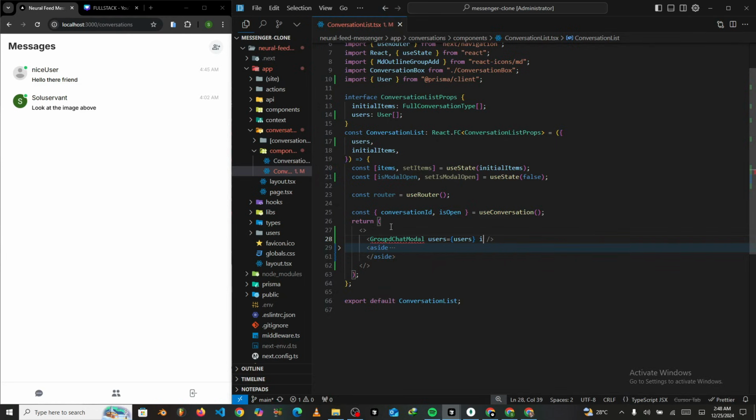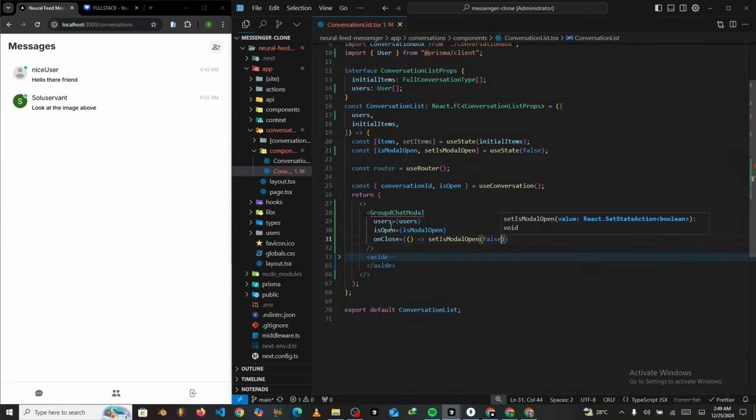And inside here we would say isOpen, and then we pass in isModalOpen, just like this. Then inside here we say onClose, and we pass in this empty parameter arrow function,